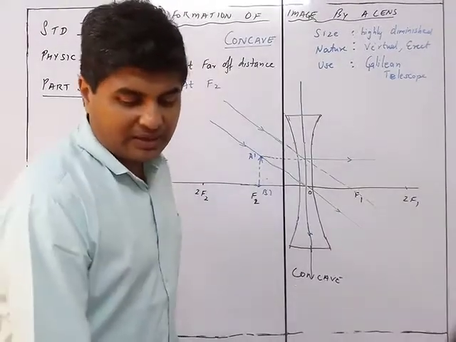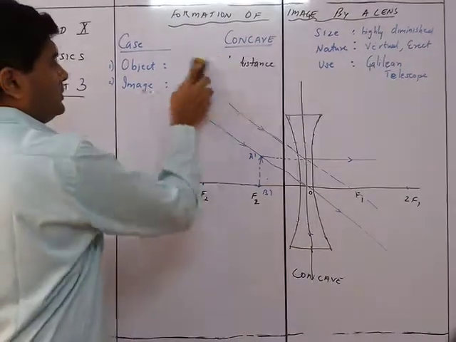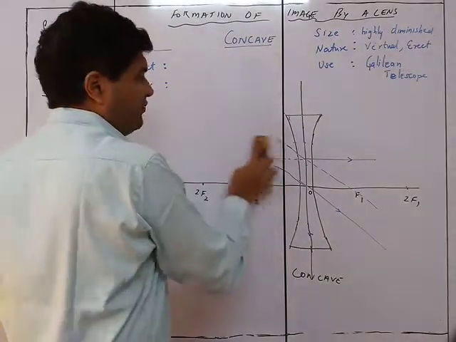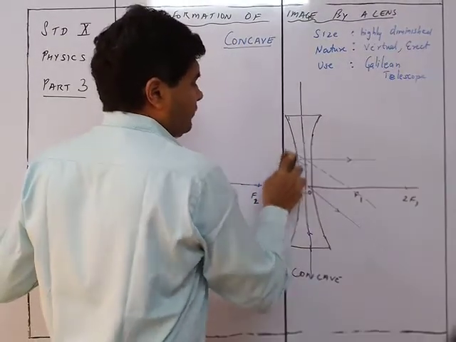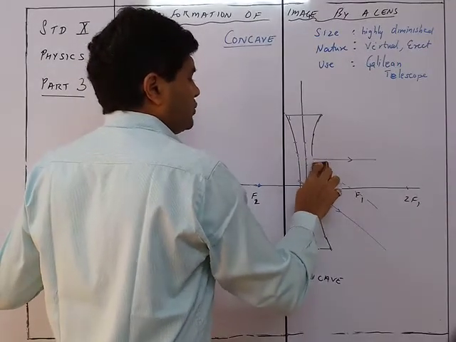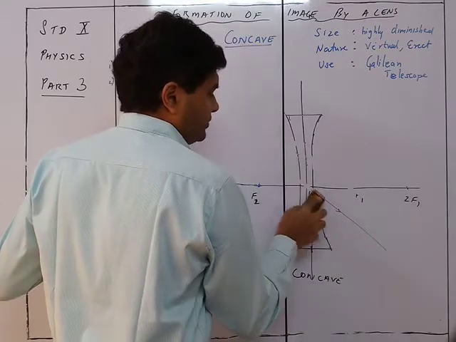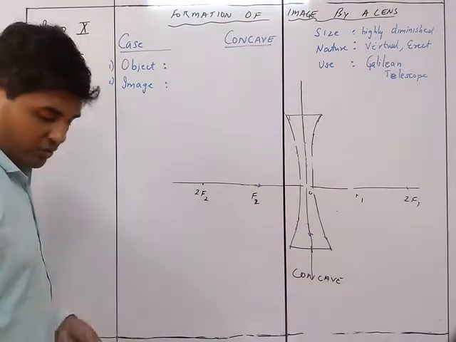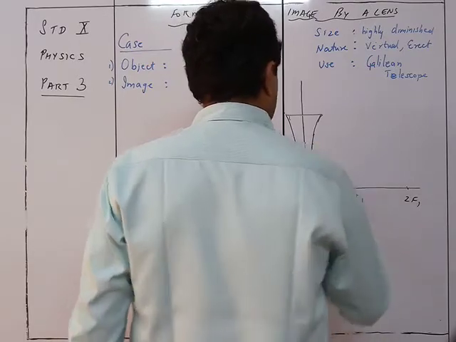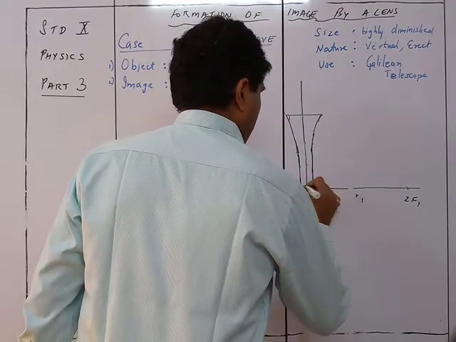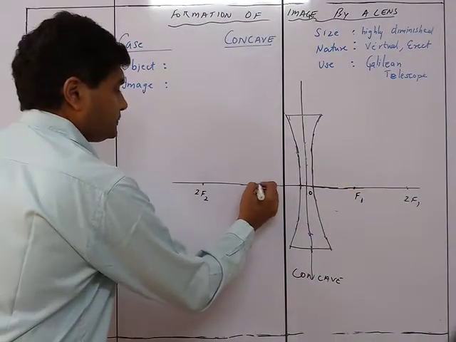Okay. Now we come to the last ray diagram, that is for any object placed anywhere in front of the lens. So for this particular purpose, in case of a concave, wherever you place the object, it is going to give you the image at a certain point only. It is not going to change its location. It is going to give you the same image irrespective of where the object is placed over here.